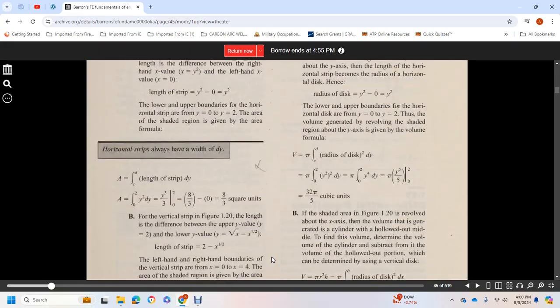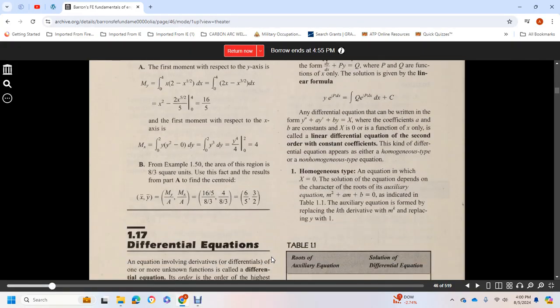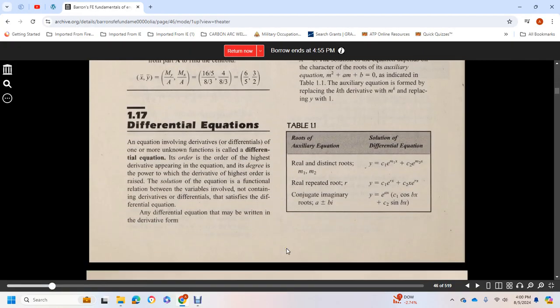And it goes into some examples. And now we're on 117, differential equations. An equation involving the derivative or differential of one or more unknown functions is a differential equation. In order